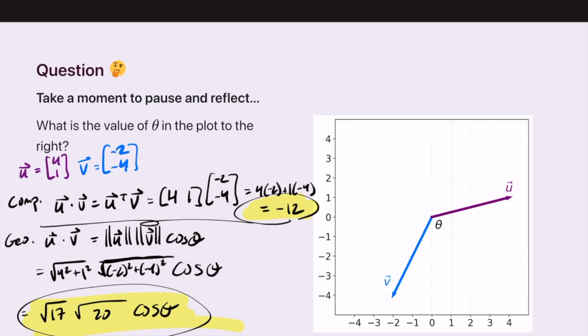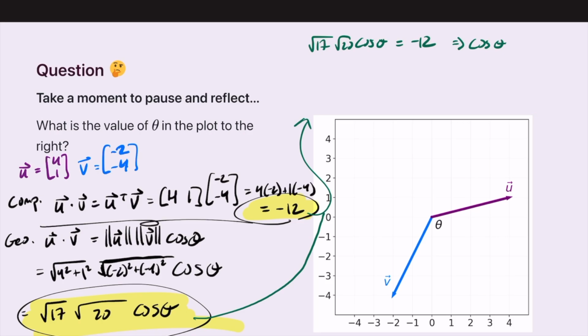Okay, so we have these two things, and now we're going to go ahead and plug them in. So we'll do that up there. So this will be square root of 17, square root of 20, cosine theta equals -12. Isolate cosine, and we can do that with cosine theta equals -12 over square root of 17